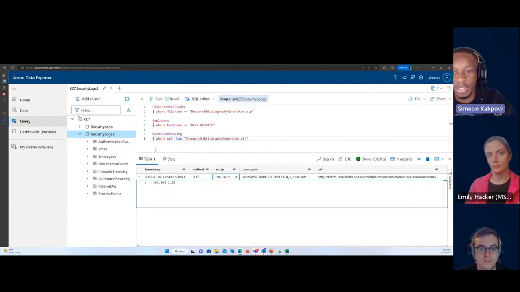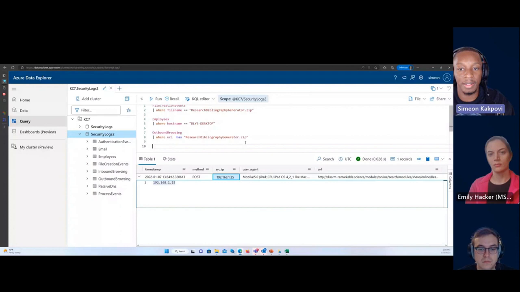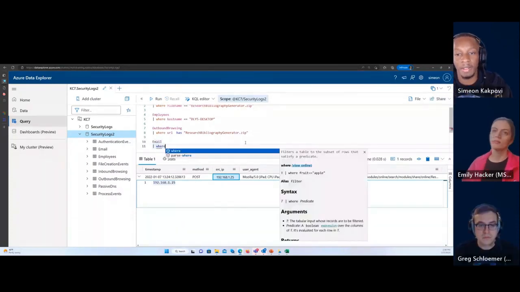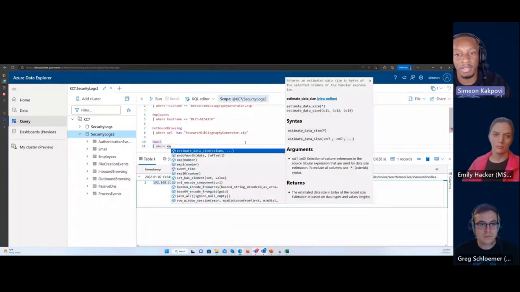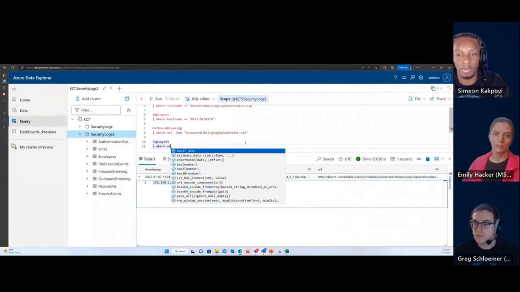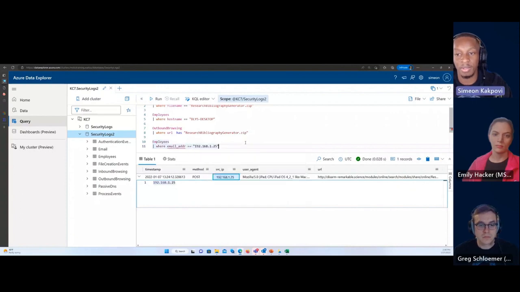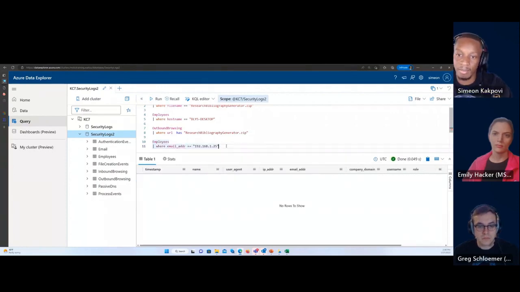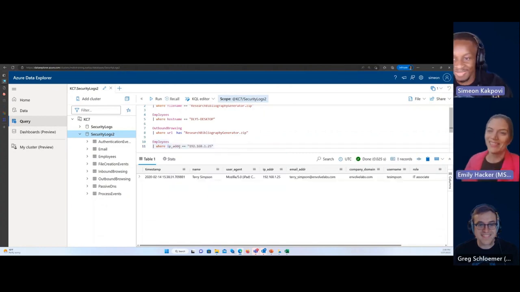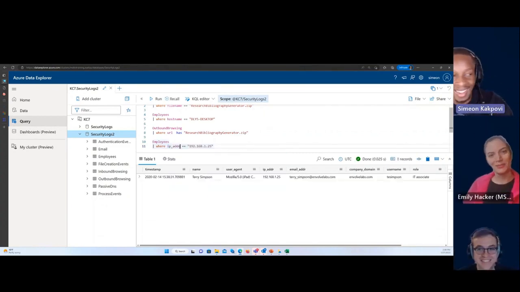We can try that: employees where email address is equal to that. But that's not an email address, that's an IP address. Yes, exactly. I knew that.